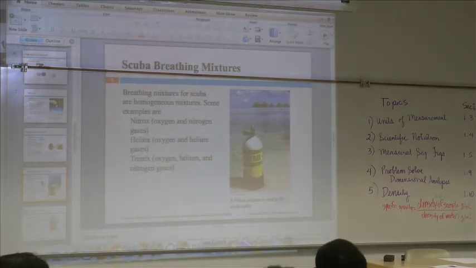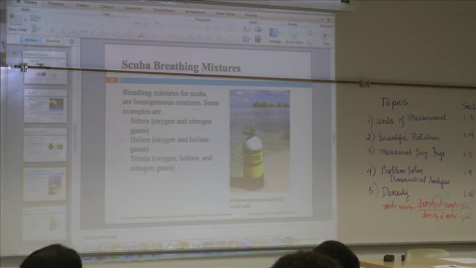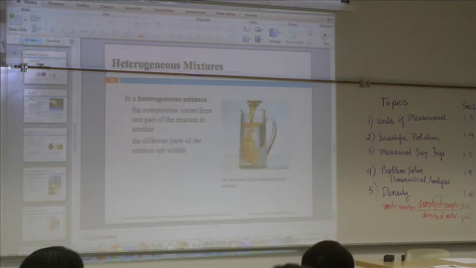So anybody go scuba diving here? Okay. So these are different types of breathing mixtures when you scuba dive. When you have oxygen and nitrogen, it's called nitrox, or there's helium, or there's trimix, where all three gases. So we'll continue on and focus more on the gases next, on the chapter where we work on the gas law.